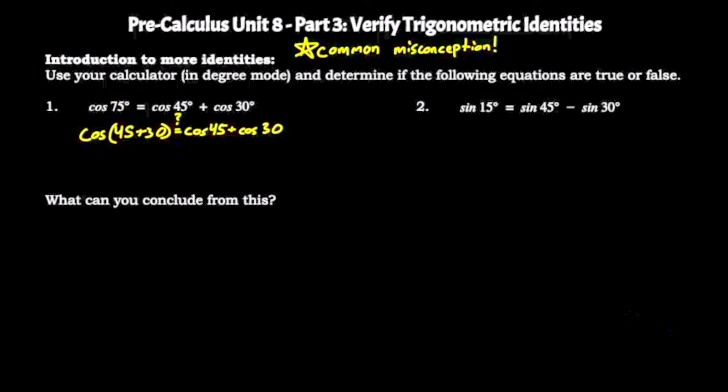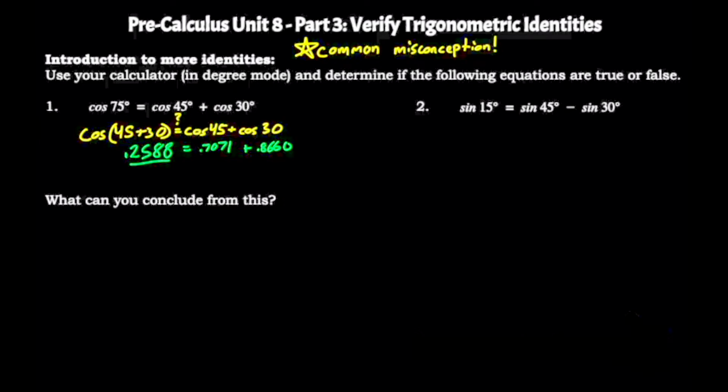So the directions say use your calculator in degree mode and determine if the following equations are true or false. So they gave us this equation, but we're not sure if it's true or false. That's why I put this little question mark above it. So make sure your calculator's in degree mode and start typing this in. So cosine of 75 degrees, make sure you get 0.2588. For cosine of 45 degrees, you should get 0.7071. And for cosine of 30 degrees, you should get